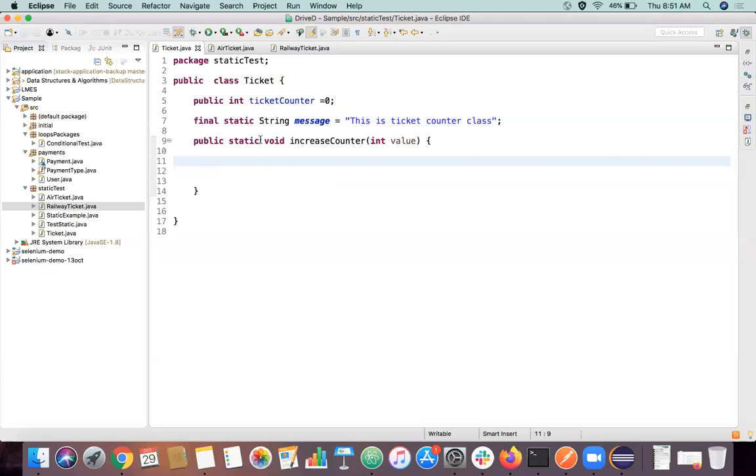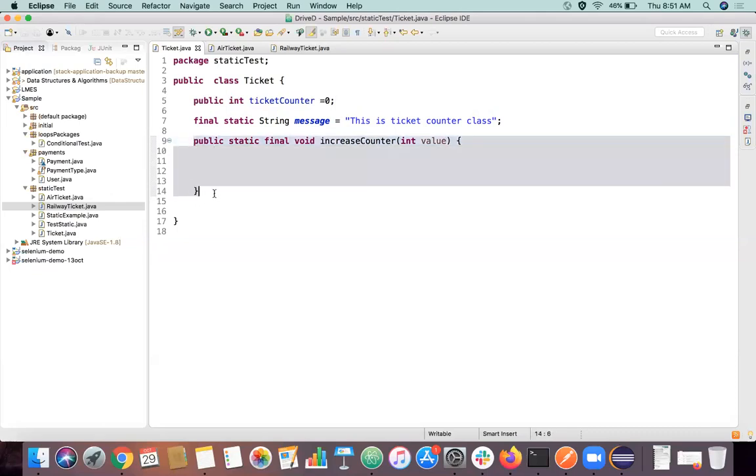So you can do two other things using final. Actually, you can declare a method as final. We haven't come to the inheritance concept yet. Maybe if I explain it at that time, it will be more useful. But just understand that if you declare a method as final, you cannot override it.